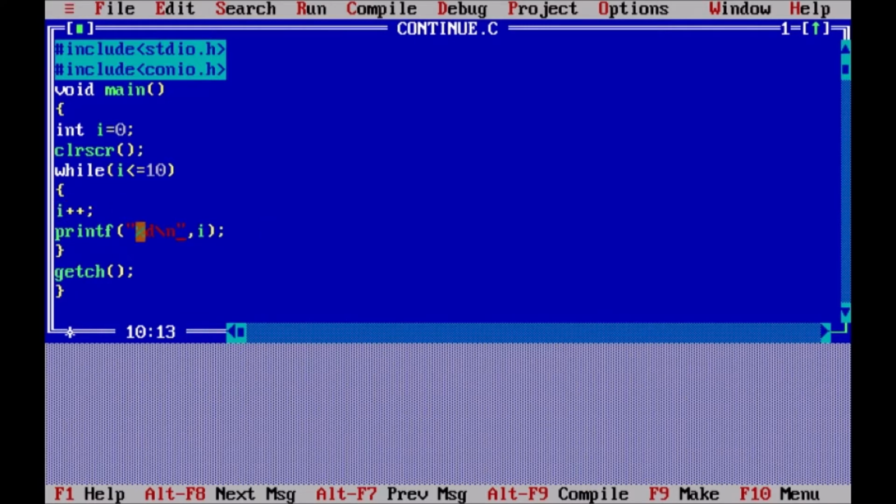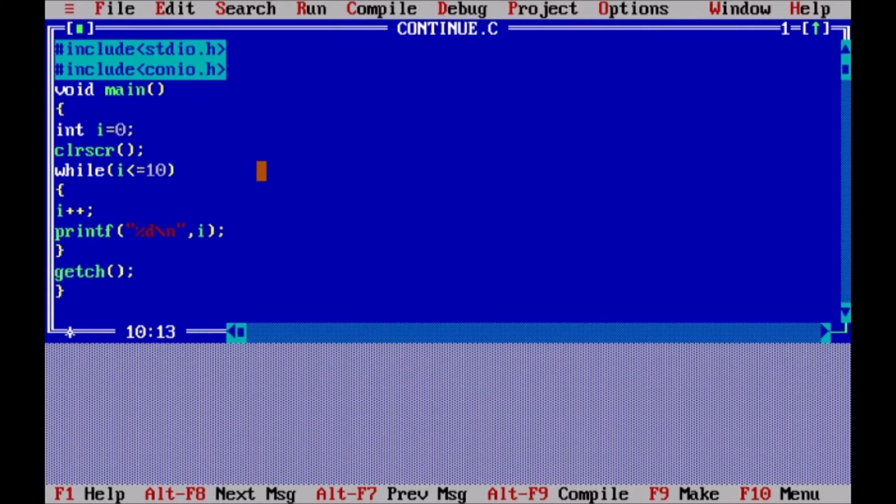So after printing the value of I, it will go to the next line and the loop will again check for the condition. Since the second time also 1 is less than or equal to 10, this will be incremented. That means I becomes 2 here and 2 will be printed on the screen. This will continue till the value of I becomes 11.